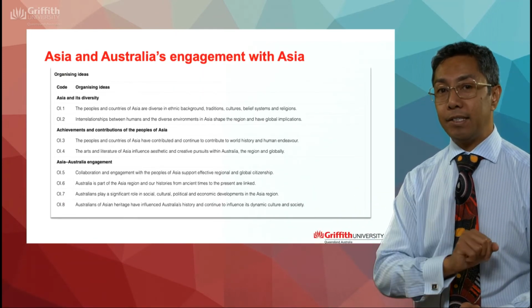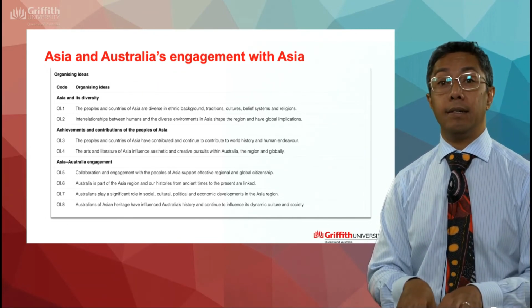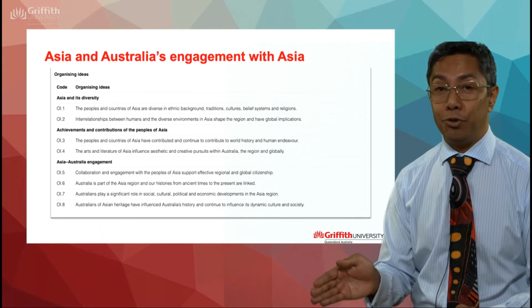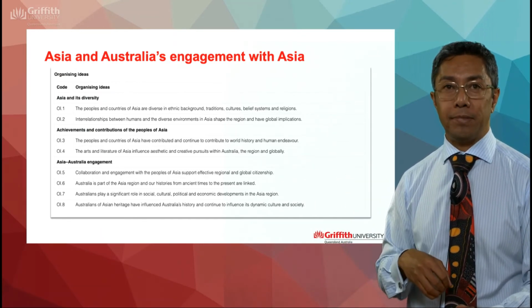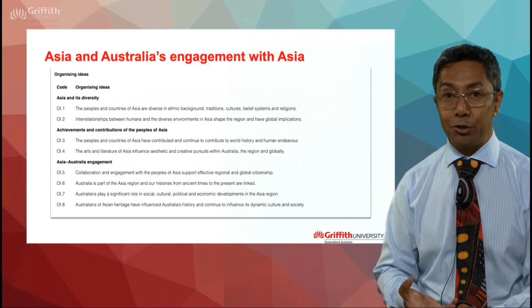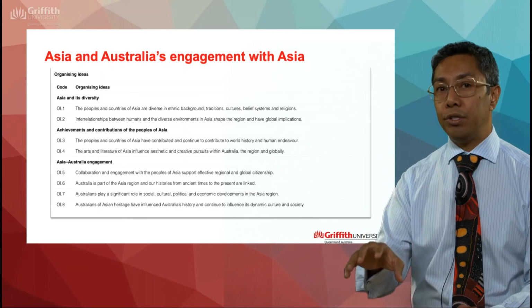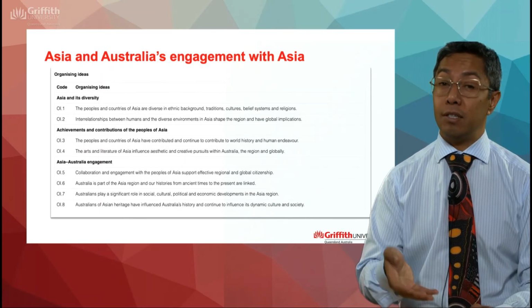The last priority that we should be looking at, particularly as we enter and progress through this century, is our engagement with Asia. There are 3 things that we need to be tapping into when we're deciding on context to base our teaching around, and that is about Asia and its diversity,